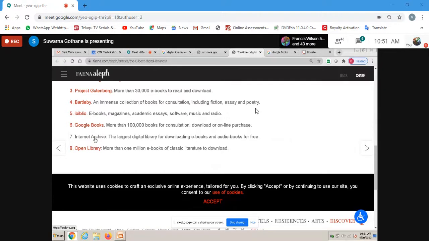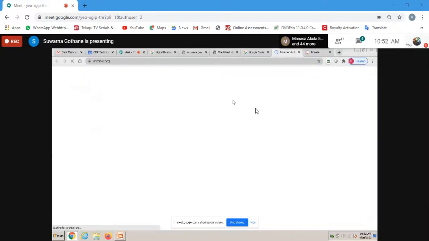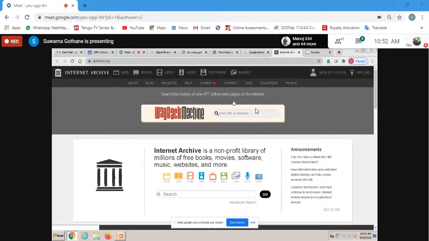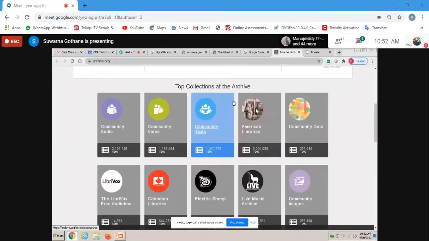This is one of the largest digital libraries for ebooks and audiobooks also. Audiobooks means you can just listen to the book, so conventions like that are also available. For any engineering subjects, for all subjects nowadays, from school children to intermediate students, it is going to be available for all of them.